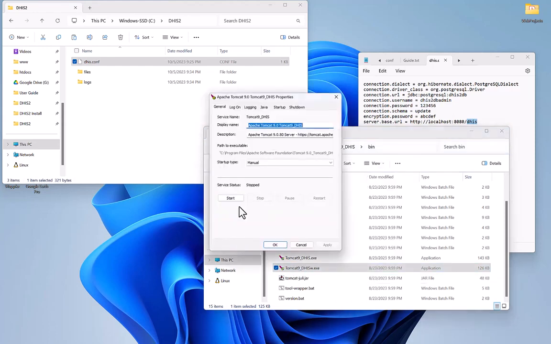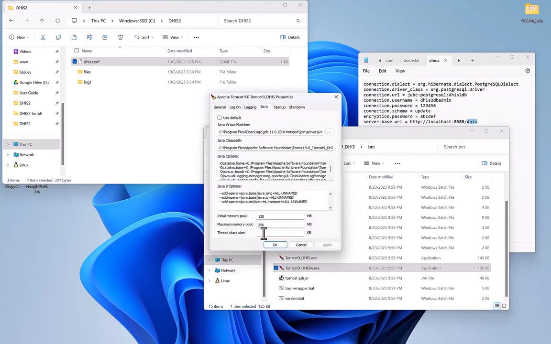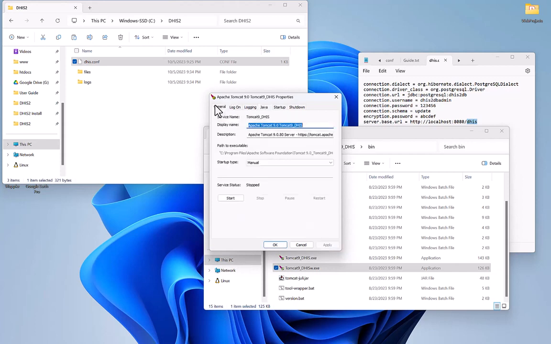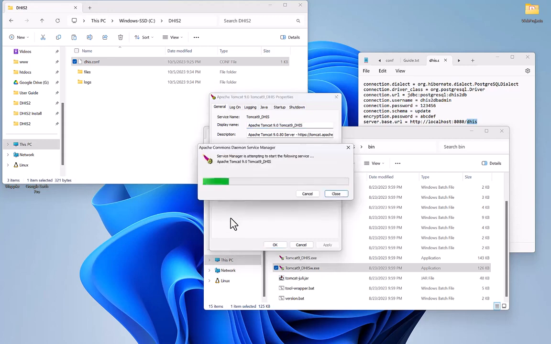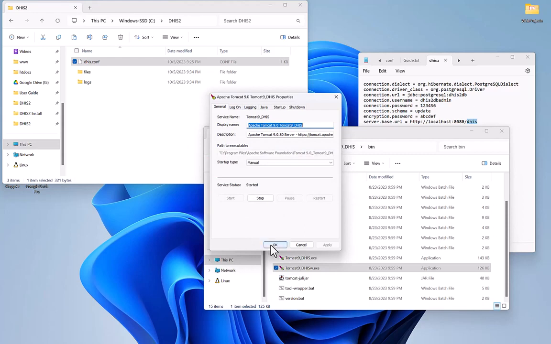and before we start the service, I would always want to set the maximum memory pool to 512 and click on apply. Then I can come to start. Now the startup type is set to manual. Of course, if you are doing this in production, you want to set this to automatic, and similarly for the database, so that the service starts automatically. But I'm just setting this to manual here and clicking on start the service. So it should start the service for us now, and it should take a few minutes for the DHIS to